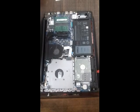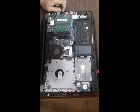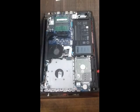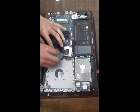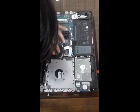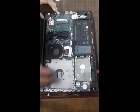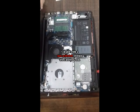And guys, as I mentioned earlier, let's clean this fan up. Oh, there's a lot of dust I see in this area. I have been using this laptop so roughly. And this is